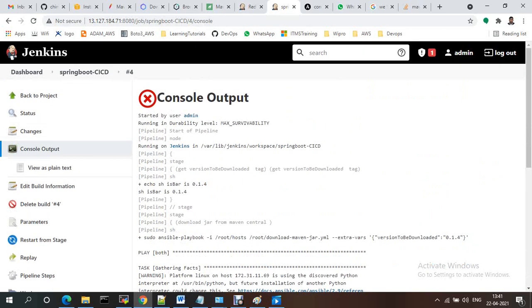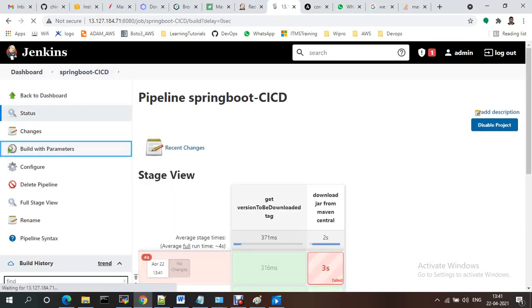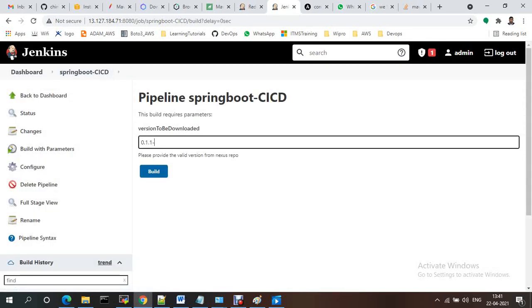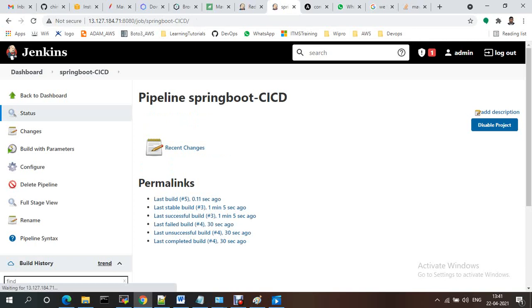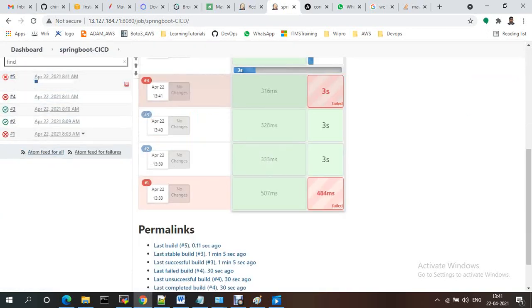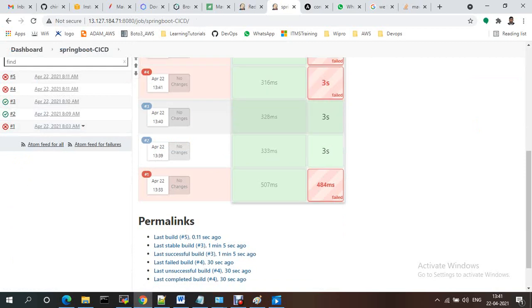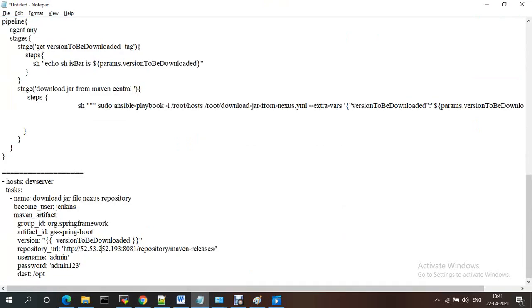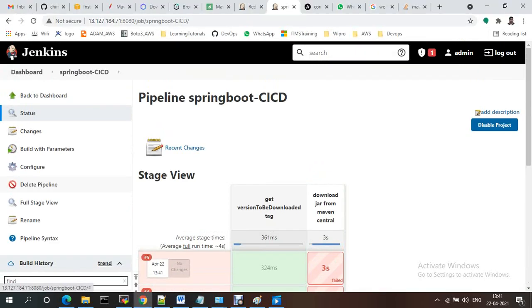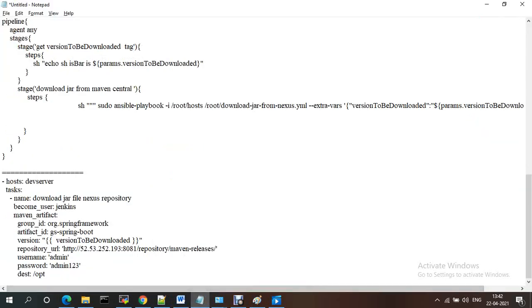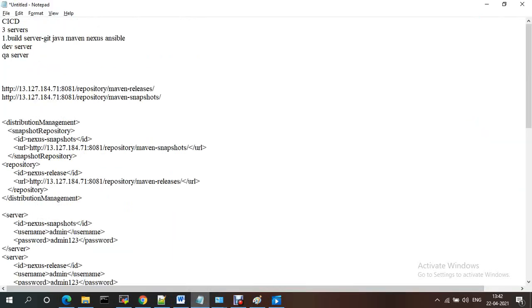So if you want to give a snapshot one, it will be downloaded from the snapshot, because this was also failing as we didn't have another version in this repository URL. You just need to provide the repository one and it will get that one. So for that you just need to change the repository name if you want the snapshot to be available. So in the repository URL you just need to change it to the snapshot one.